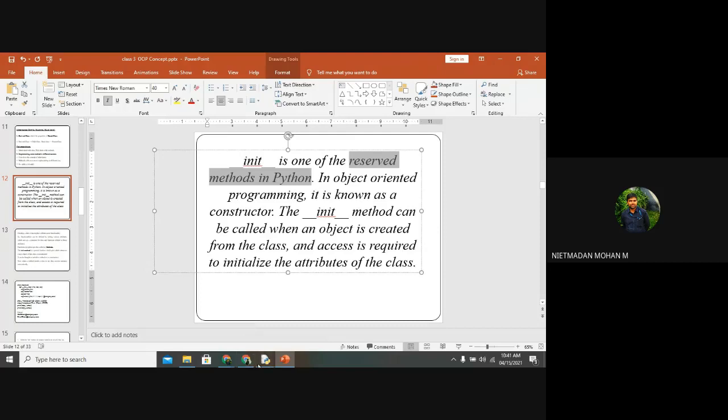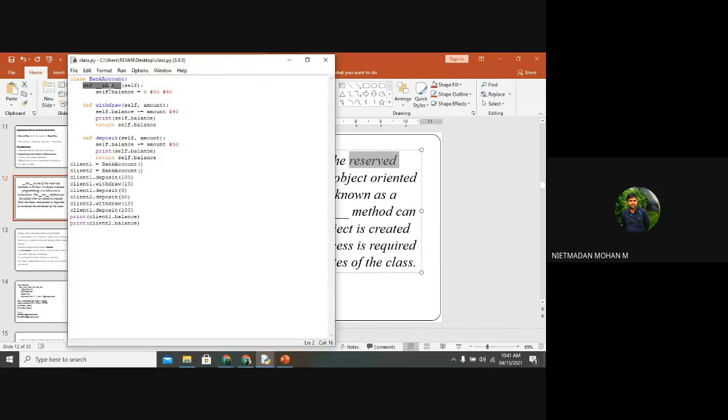It will reserve the client 1 details in the init function and the client 2 details in the init function. Whenever we call client 1, it will go to the init function, take the client 1 details and display them to you. Whenever you call client 2, it will go to the init function, take the details and display them to you. For this purpose, we are using an init function.